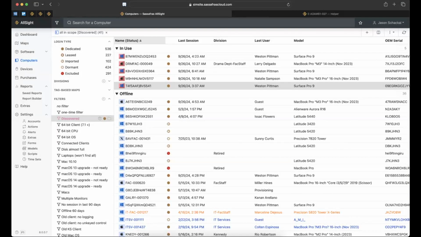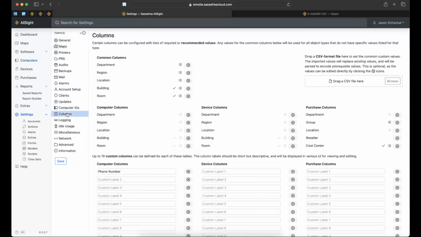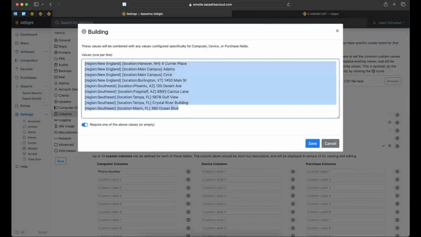We've talked about actions, we've talked about forms, we've talked about dependent fields, which if we go to the settings page, just to show you one last thing on that, is on the columns tab. There is a way to create a CSV file that you can drag and drop that will actually create those dependencies. So you don't have to manually create this really kind of ugly, overwhelming formatting. You build out a CSV file, drag and drop that in, and it will create and populate these with the